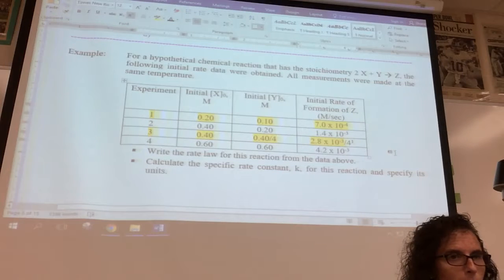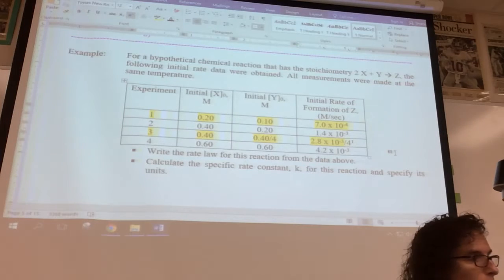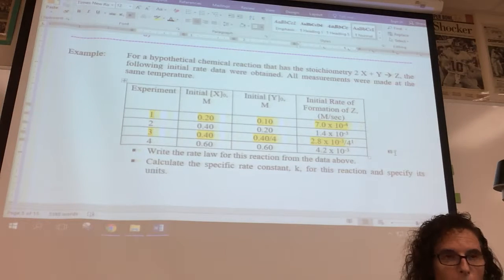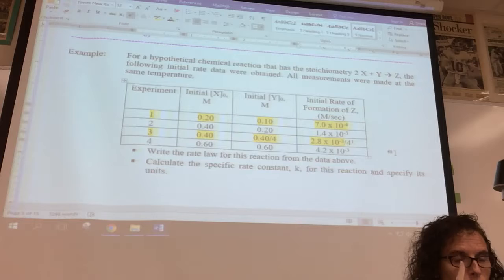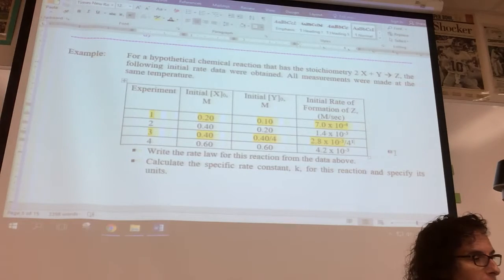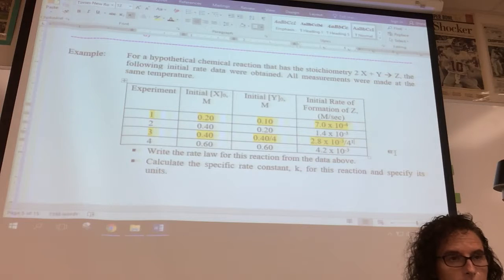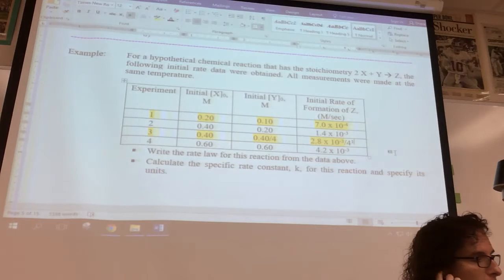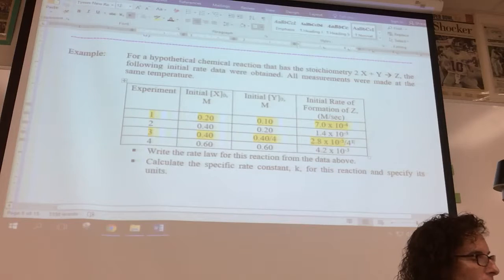Why 4 to the first power? Because the order with respect to y is 1. So if the order with respect to y was 2, I would divide it by 4 to the second power. So be careful there. That can get tricky. Once I get this value, I'm essentially holding y constant, and I can look at the effect of x